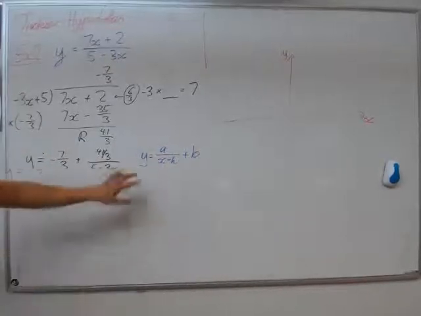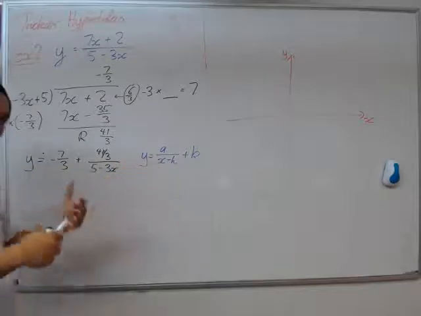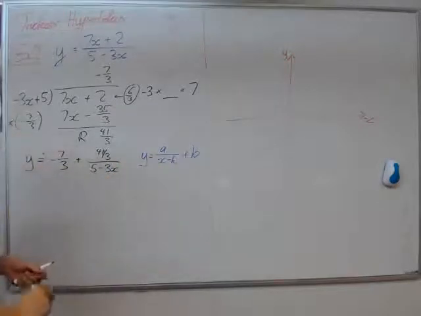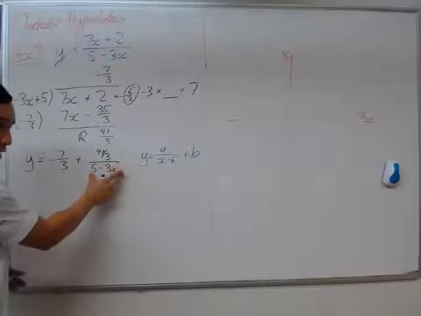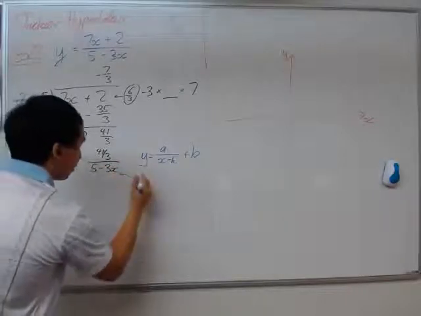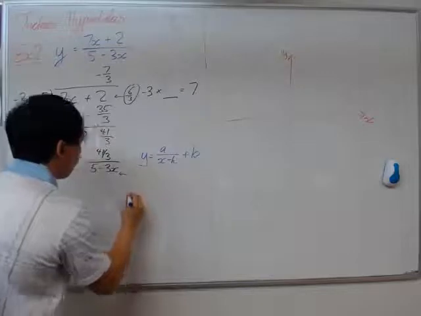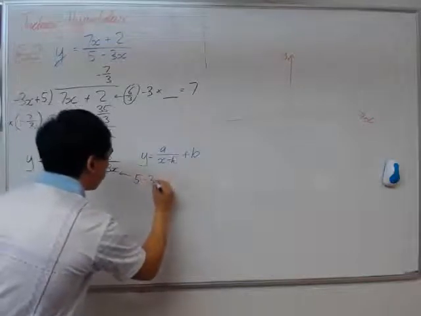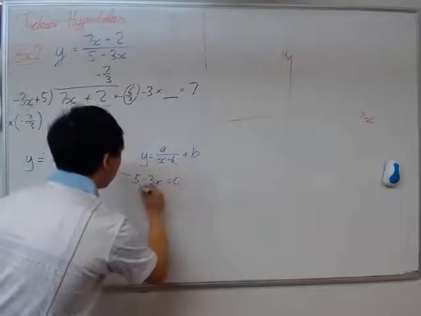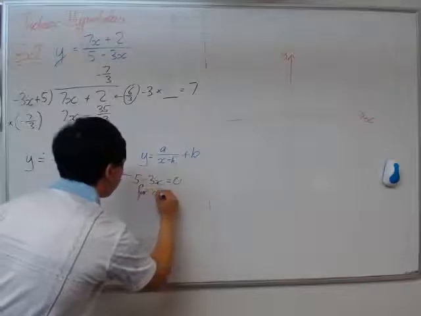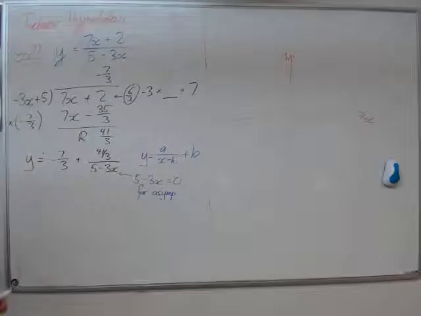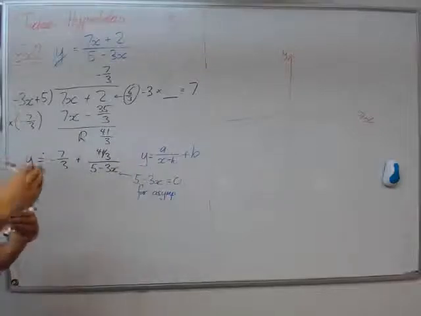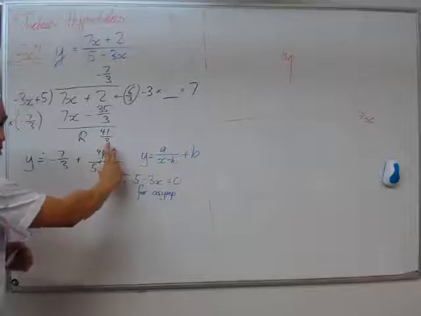Okay. So we can see that x is by itself. So two approaches here, and you can use whichever one you're comfortable with. Either make your denominator, so we make 5 minus 3x equal to 0 for the asymptote. But remember that you can find your asymptotes by simply looking at the translations after you manipulate your expression over